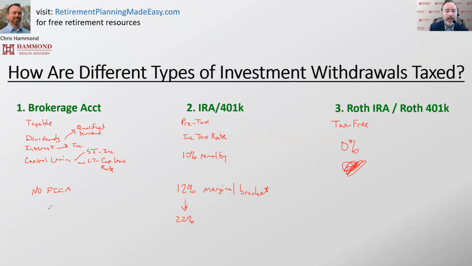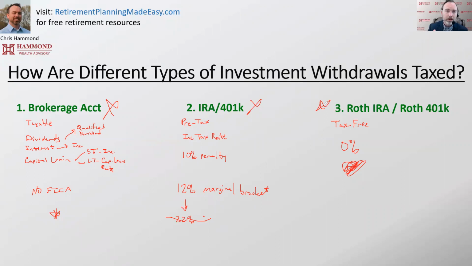Or you might look over and say, I've got some stocks that have appreciated and I've got some gains in them. Maybe I could just sell some of those and pay the lower capital gains tax rate, which would be better than going into the 22% marginal tax rate for income taxes if you take more withdrawals from your IRA. All right. This is really important because if you have this tax diversification, with some money in this type of account, some money in that type of account, you have flexibility to work within what the tax code allows you to do and potentially minimize your taxes.